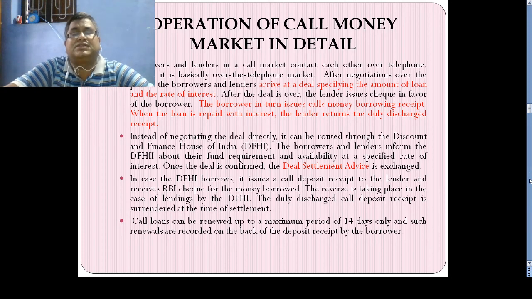The DFHI issues a call deposit receipt to the lender and receives an RBI check for money borrowed, and the reverse takes place in lending by the DFHI. When duly discharged, all deposit receipts are surrendered at the time of settlement. The surrender or receiving of funds is totally under the purview of the DFHI, as advisor. In the call money market, call loans can be renewed up to a maximum period of 14 days only, and such renewals are recorded on the back of the deposit receipt of the borrowers. That is the overall concept of the